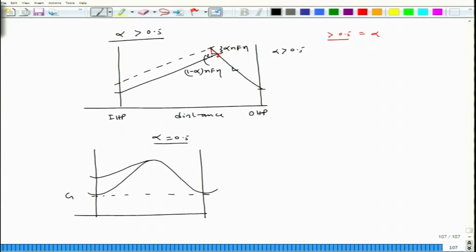So, I am having a change in my free energy plots, and this is M, this is M n plus, this is distance, and this part is IHP, this is OHP, and you could see that the total change in free energy is, after this, preferable IA and preferable IC,